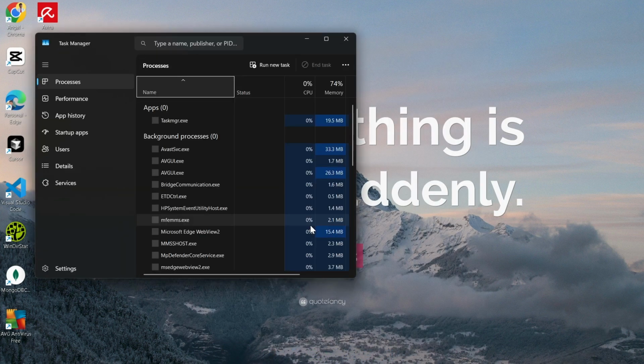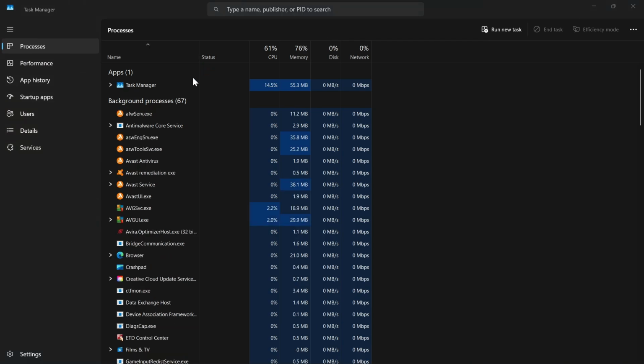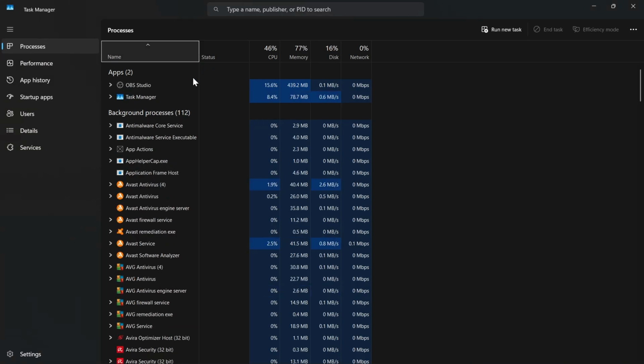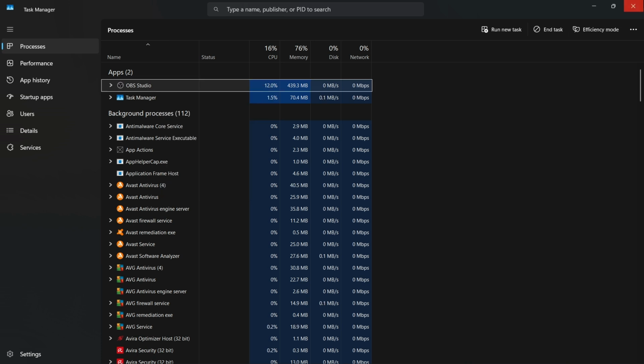Now here into the Task Manager, you can see all the tasks which are running in the background, like here OBS Studio, through which I am recording. So if any extra task is running in your computer, end task by clicking like this, end task. So after doing this,